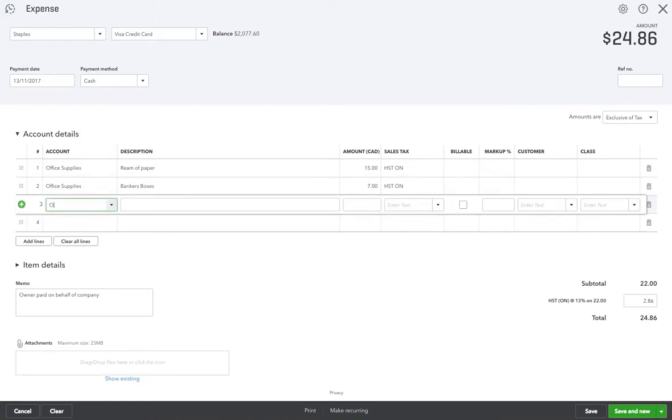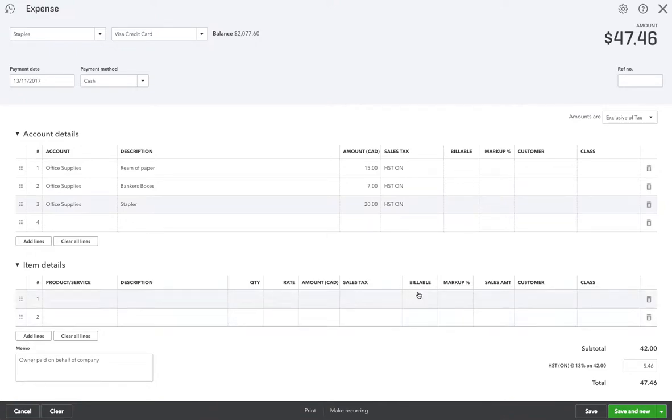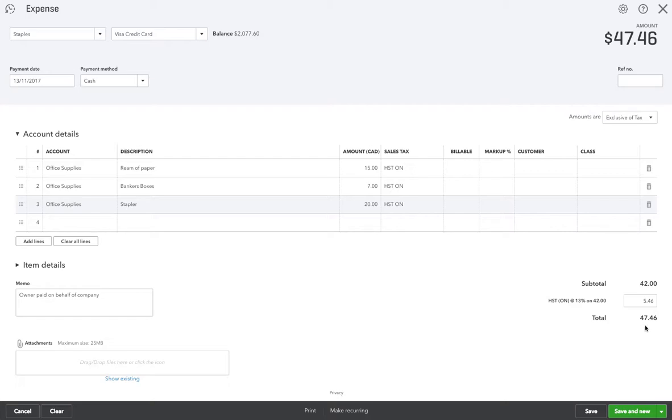And office supplies again, which is our chart of accounts. And we can make a stapler, I suppose. Stapler for $20. And again, we select HST Ontario. There, so the whole bill is coming to